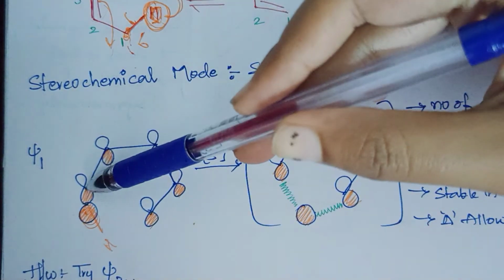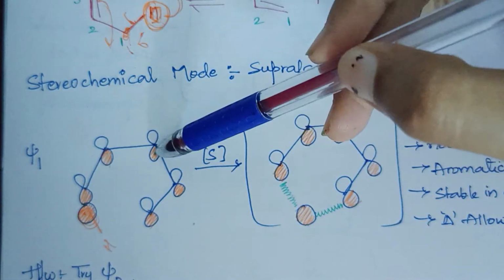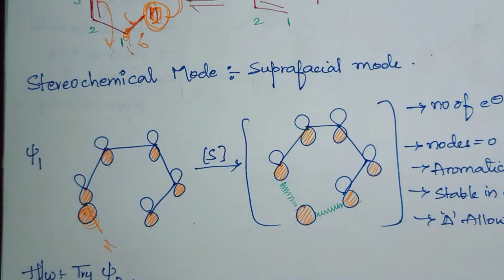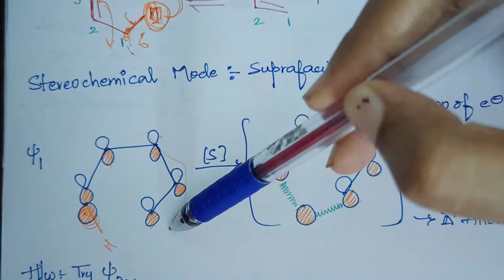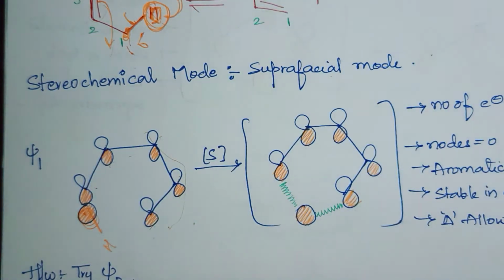Here this is attached to hydrogen, that's the reason I have kept a loop. Now you see all the p orbitals are facing towards the downside. So are any nodes there? No, zero nodes are there. That's the reason xy1. How to represent xy1? Just draw 5 carbons, 1, 2, 3, 4, 5, a 5 carbon chain. Keep all lobes downside and attach one of the lobes to the hydrogen.